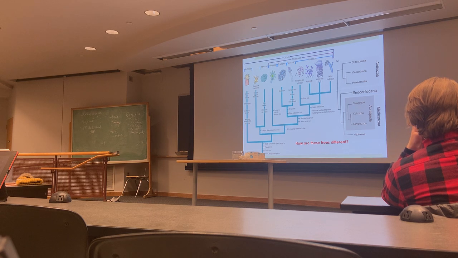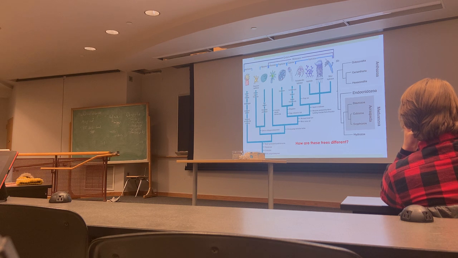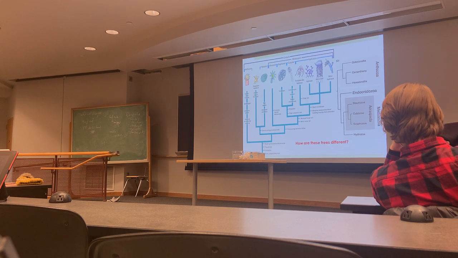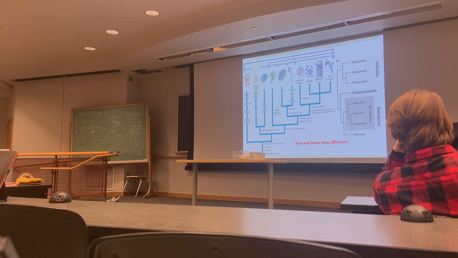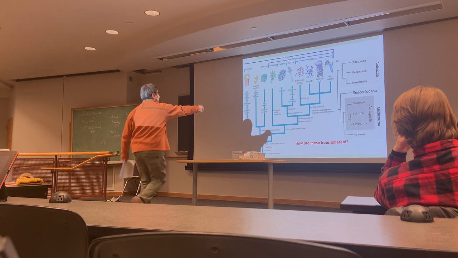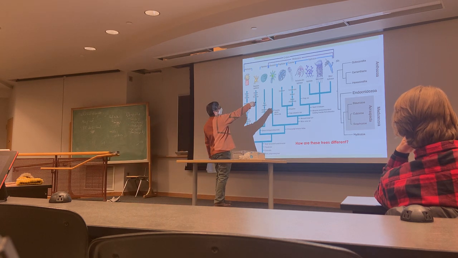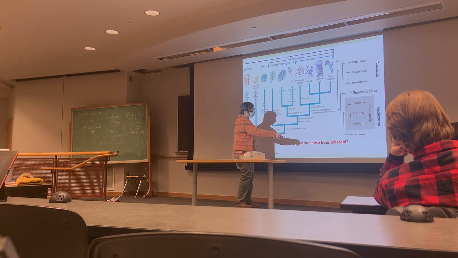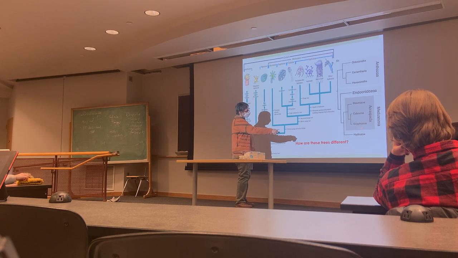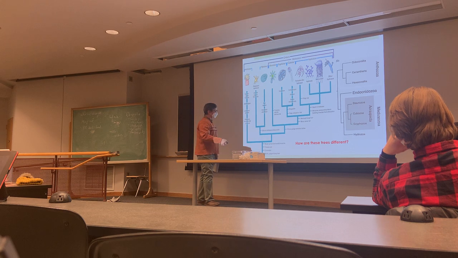The other one does. What about the topology? Anyone notice anything about the topology? Yeah. Staurozoans are more closely related to Hydrozoans. Very good. So it shows that here we have Staurozoans being the most basal member of this Medusozoa clade, right? Here, the most basal member of Medusozoa are the Hydrozoans.